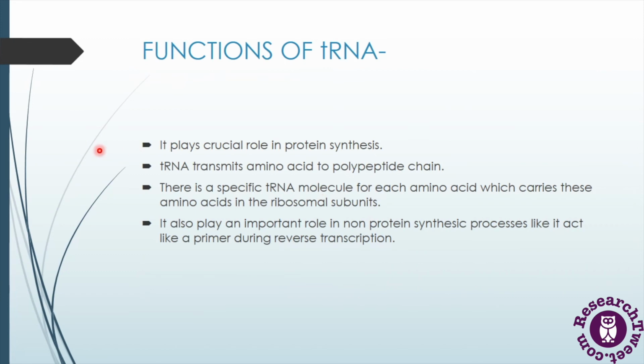Now let's understand the functions of tRNA and what functions tRNA completes in the cell. As we have discussed in our previous slides, tRNA plays an important role in protein synthesis. tRNA helps to transfer the amino acids, and it is also called an adapter molecule. Besides this, tRNA has the anticodon loop which has anticodons within it, and these anticodons contact the codons present in the mRNA transcript, and with the help of this process, the tRNA helps in the completion of translation or the process of synthesizing a polypeptide chain.